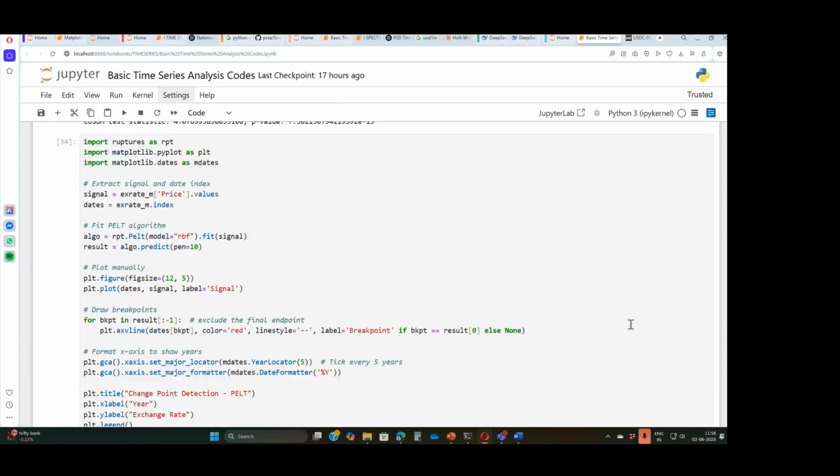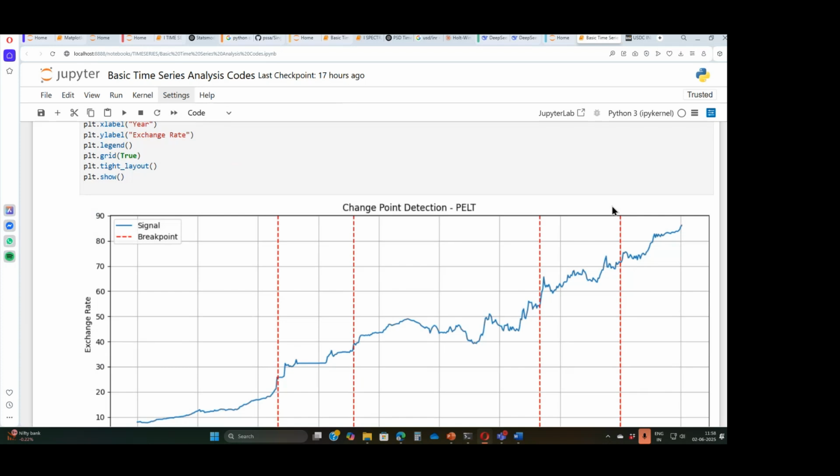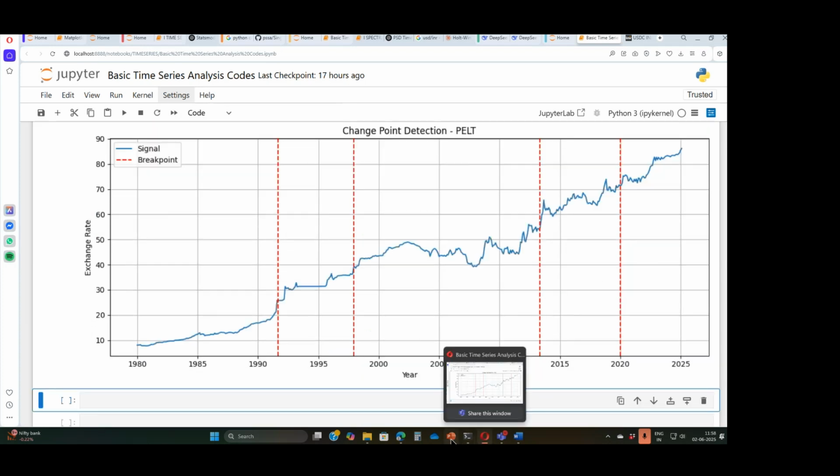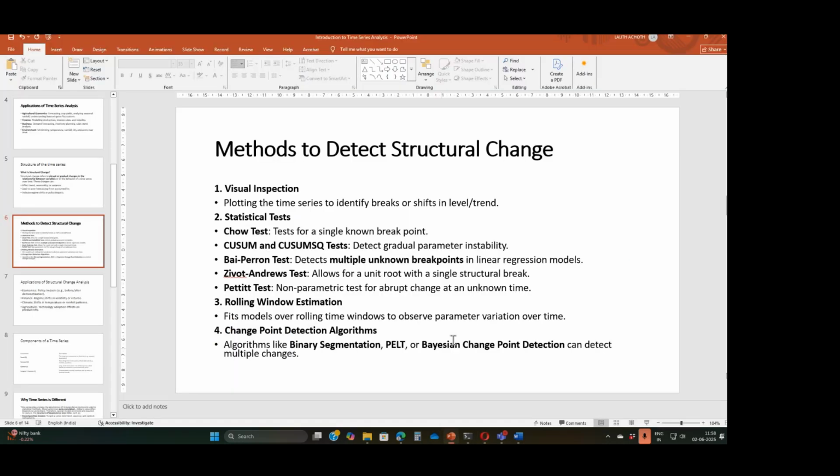So this is basically what you will do in structural change. Right. So now we go back. Now we've understood the structure of the series. So we can divide it into 1, 2, 3, 4, 5 periods, and which year each period started and ended, we can also identify with just these commands. I share the codes. You can use it. Okay. So these are the different methods.